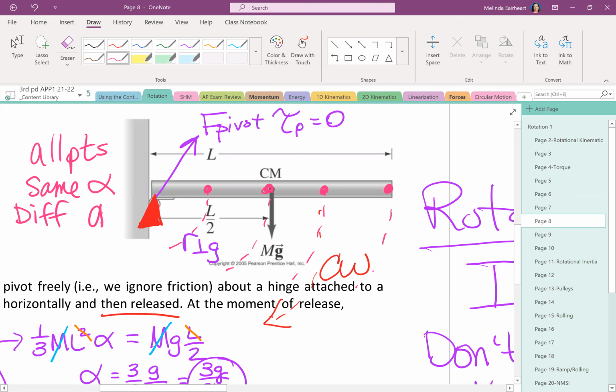Hopefully you remember which point here on this beam, the one closest or the one furthest, is going to have the greatest linear acceleration. We might have actually talked about it with linear velocity, but we see the same relationship here with linear acceleration. The bigger the radius,